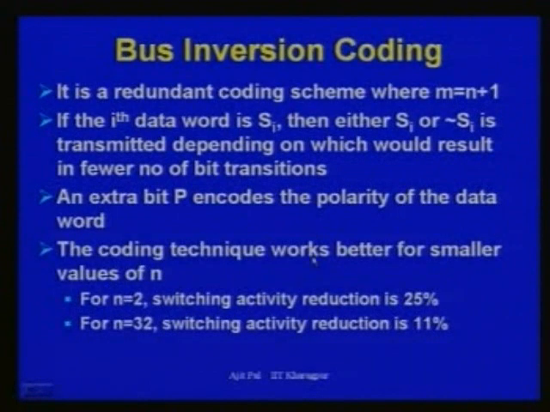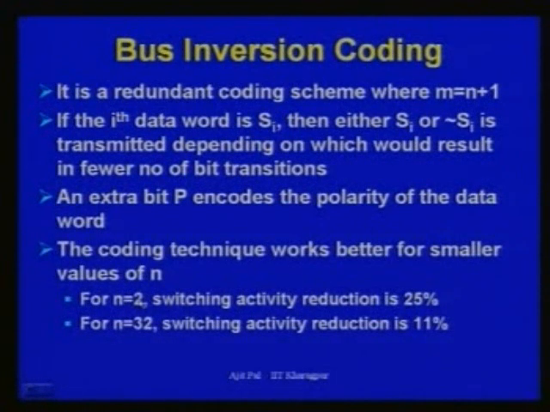If the complement requires a lesser number of transitions with respect to the previous data, then you send the complement, not the original data. The question is how the other side will come to know about it? You send one additional line informing whether the original data or its complement is being sent. So, it is a non-redundant encoding, but by doing that you can have a saving of about 25%